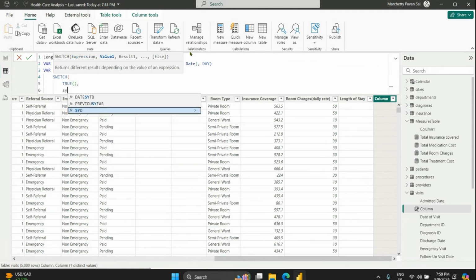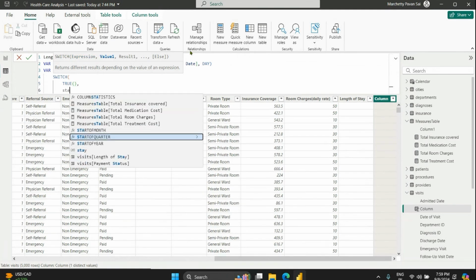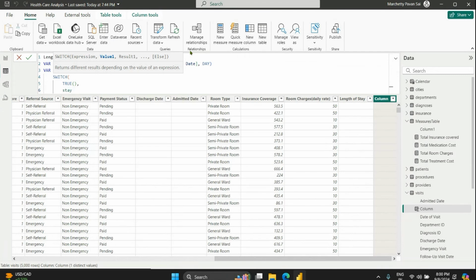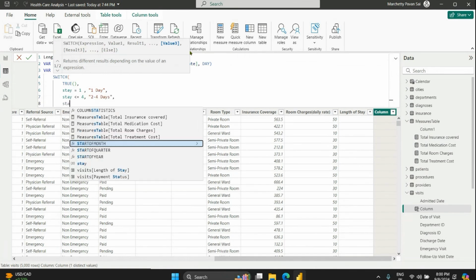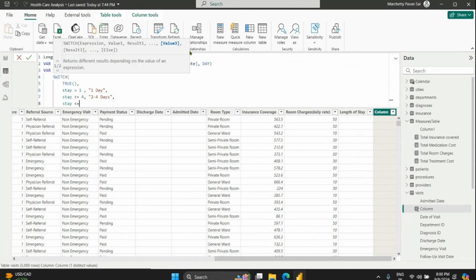So if my stay is equal to 1, I'll call it 1 day. If my stay is less than or equal to 4, I'll call it 2 to 4 days. If my stay is less than or equal to 7, I can call it 5 to 7 days,